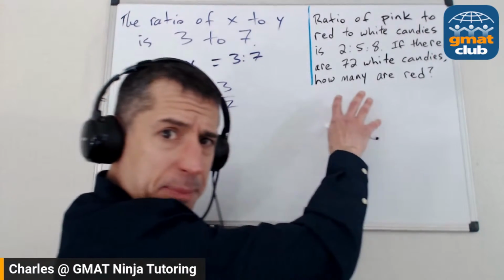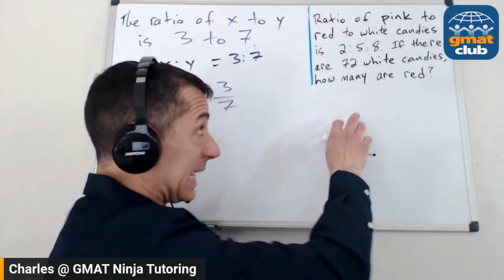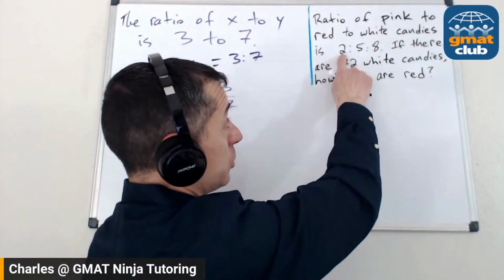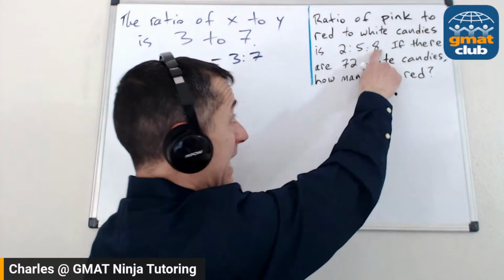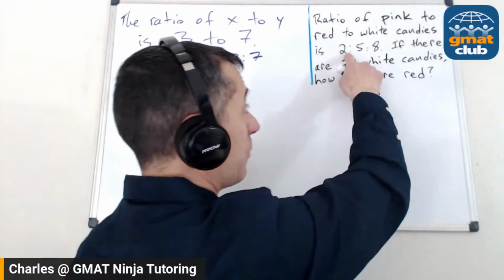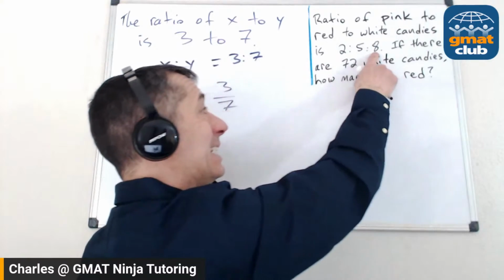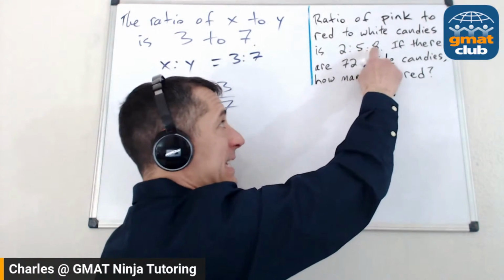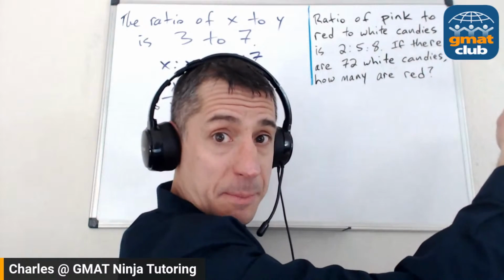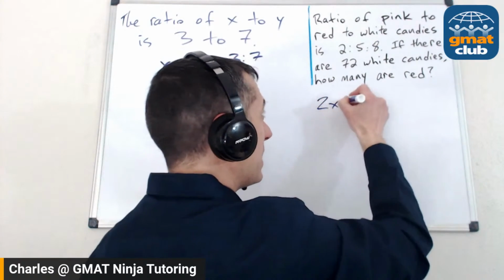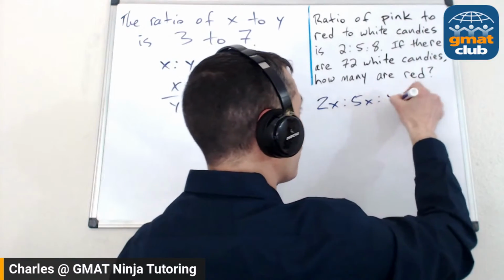I just want to really talk about what is a ratio really? Okay, obviously we're not saying that there are 2 pink and 5 red and 8 white candies. We're saying that that can be scaled up in some amount. Maybe it's 4 and 10 and 16, multiplied everything by 2. Maybe it's 6 and 15 and 24. I've multiplied everything by 3. Intuitive enough. But what I want you to think about here is, what is a ratio really?